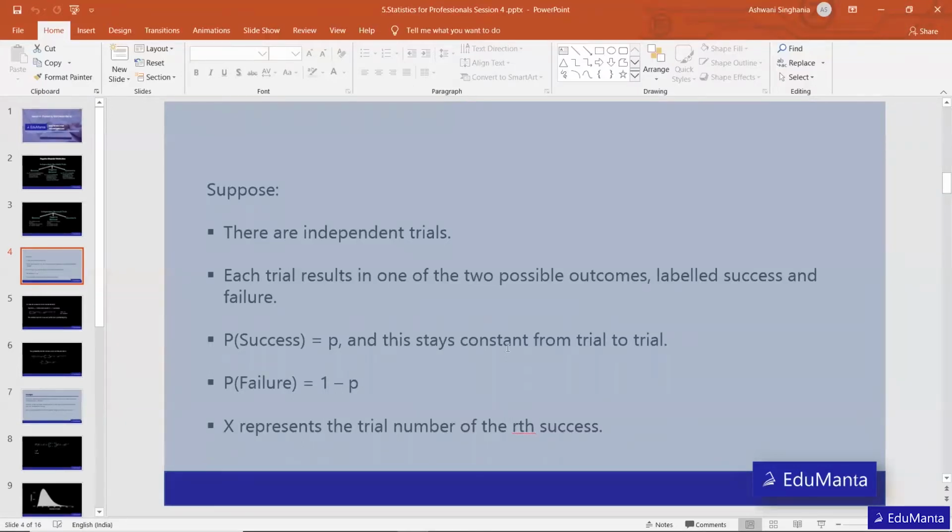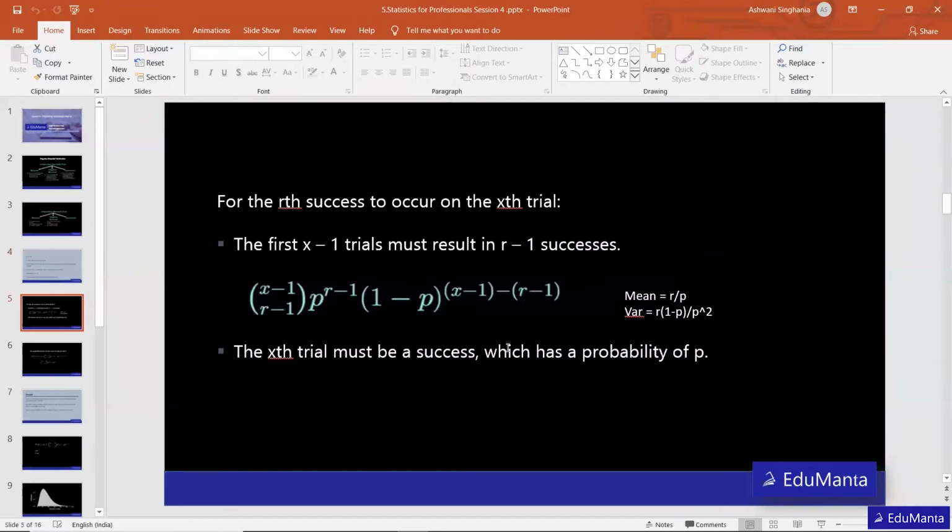And x represents the trial number of our success. So here, what is x? X is the trial number for r successes, where r is fixed over here. Okay, so this is what the formula looks like, and we can also use it directly in Excel, Python. There we will get the function and all these applications to calculate negative binomial. But just looking at this formula,